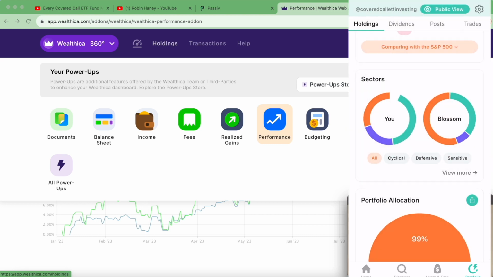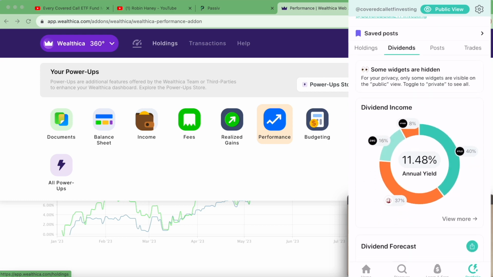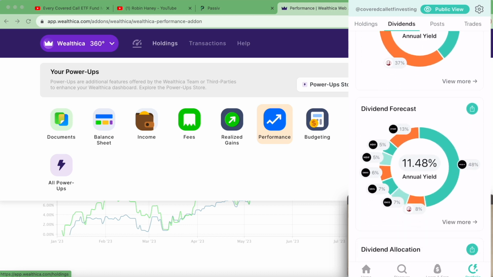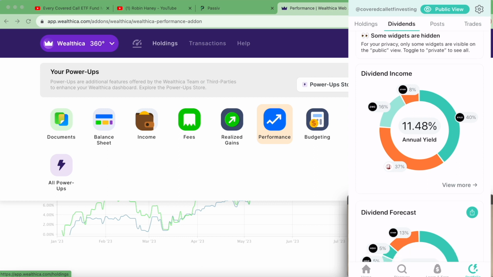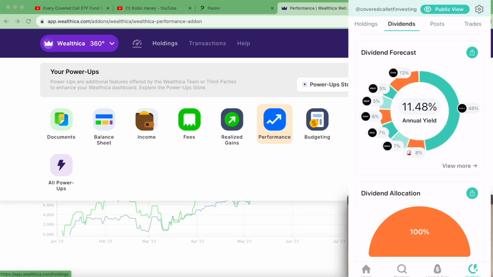Of course, one of the best features is the dividend. I can see my average yield, 11.48%. In the private view, you can see the dividend income that you've made so far this year. You can see what you've made, say, last year. And then, of course, in the dividend forecast, it can show you what you're going to make, say, annually,